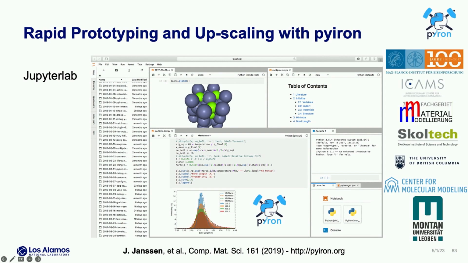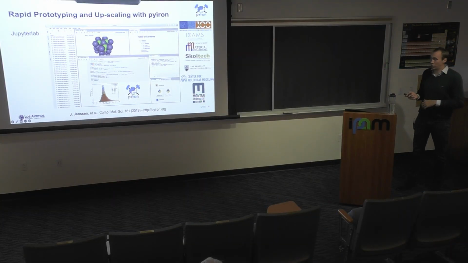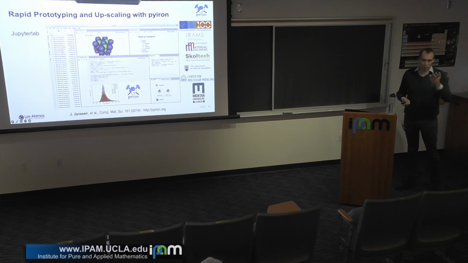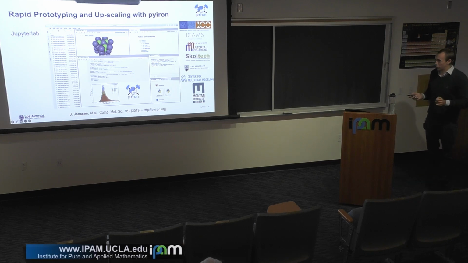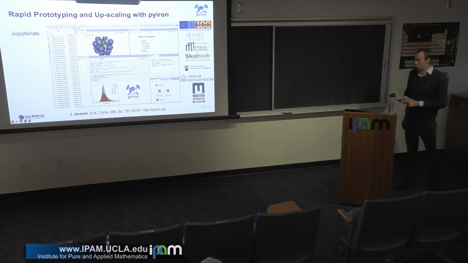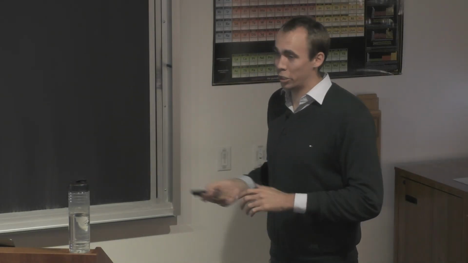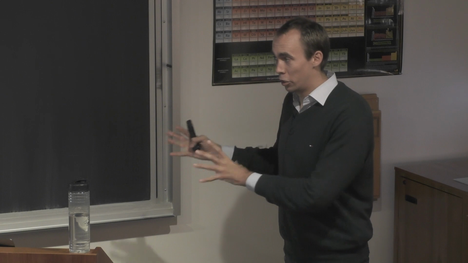This all started at the Max-Planck-Institut für Eisenforschung, right? So that was, or even before my PhD, but then during my PhD, we really got it to a stable level and really drastically increased the user base. And then from there, it first started to reach more groups in Germany. So the group from Ralph Drautz at ICAMS, the materials modeling group from Karsten Albe, and then also internationally, like Skoltech, the University of British Columbia, the Center for Molecular Modeling in Belgium. That was also the group that first used pyiron in terms of a lecture series and really implementing a whole new set of codes.